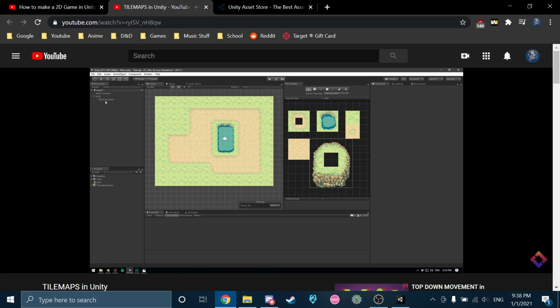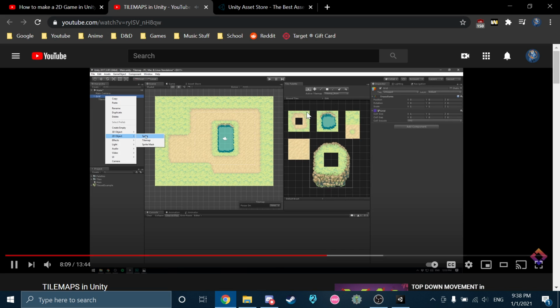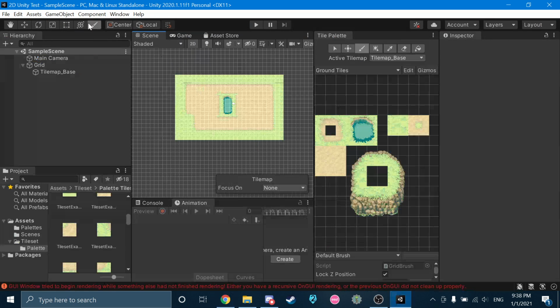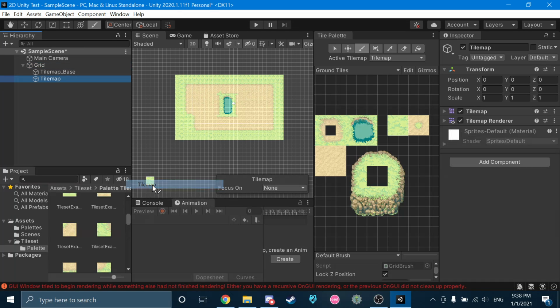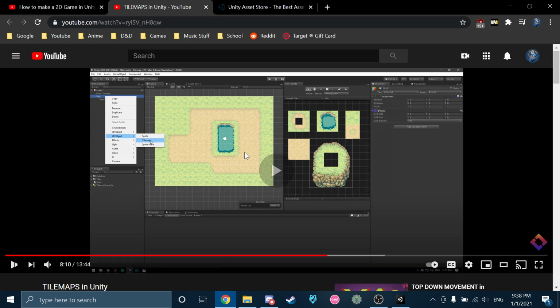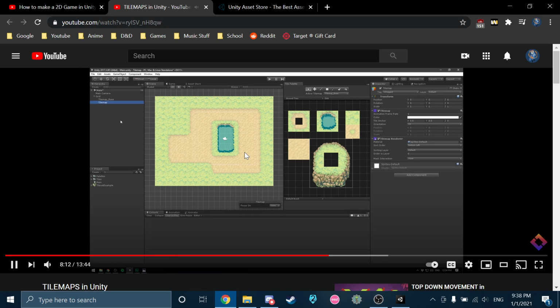Luckily, we know that each tile map acts as a layer. So all we need to do is go into our grid, right click, go into 2D and create another tile map. That's what I thought. Alright. New tile map. And we can now rename it to tilemap underscore rock. We also want to make sure